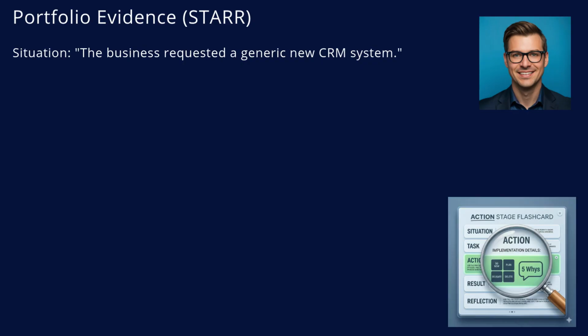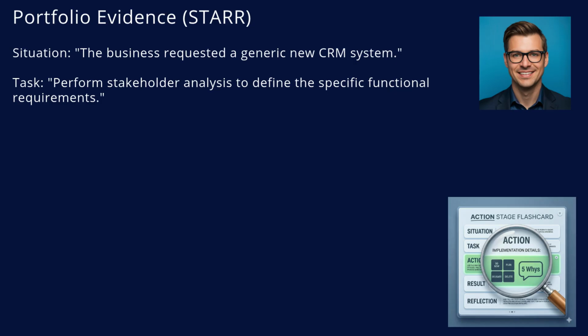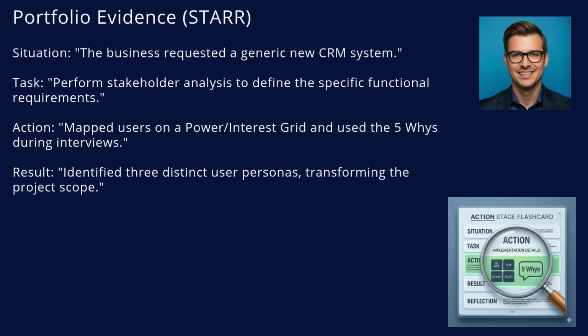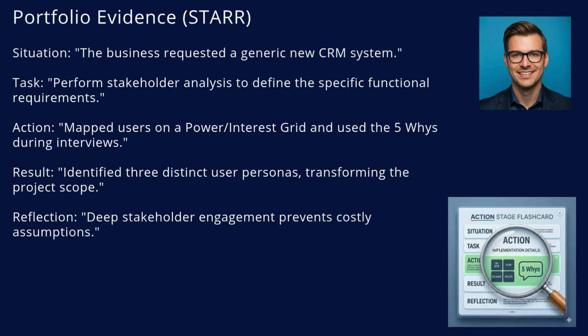Situation: the business leadership requested the implementation of a generic new CRM system. Task: my task was to perform a comprehensive stakeholder analysis to define the specific, granular functional requirements. Action: I demonstrated S28 by mapping all user groups on a power interest grid and conducting targeted interviews using the 5 whys technique. Result: I successfully identified 3 distinct user personas with conflicting needs, which fundamentally transformed and focused the project scope. Reflection: I learned that deep stakeholder engagement is the only reliable way to prevent making costly, incorrect assumptions